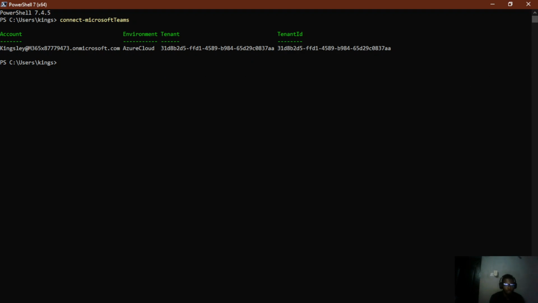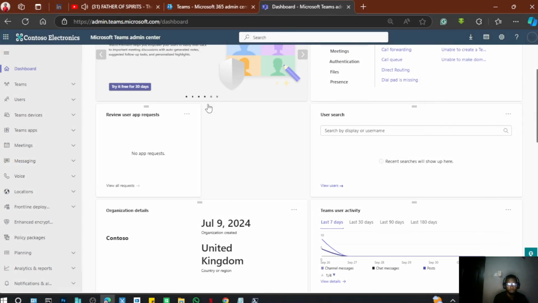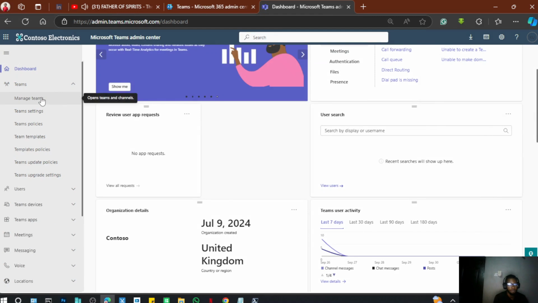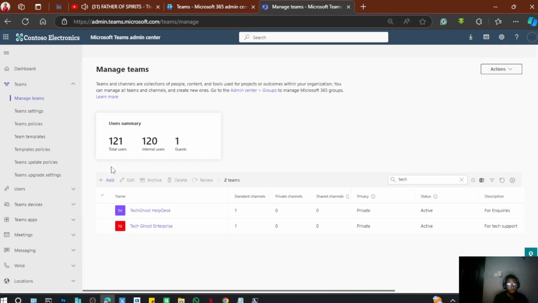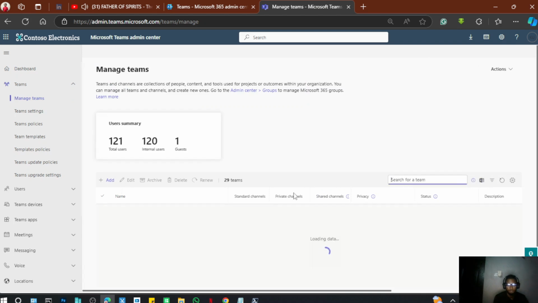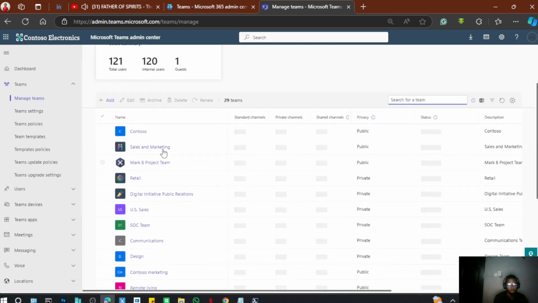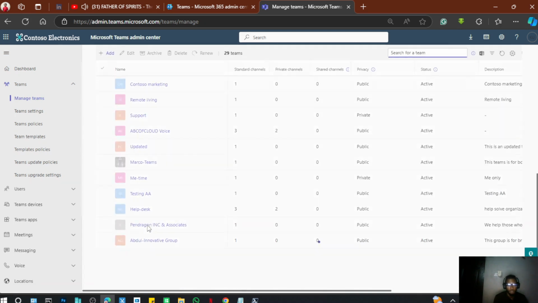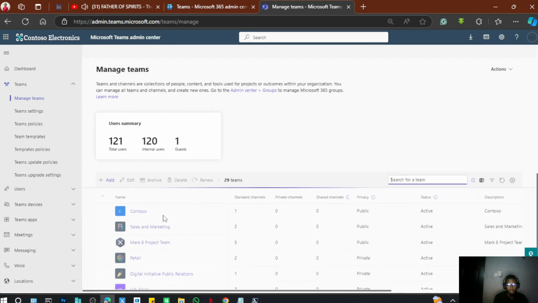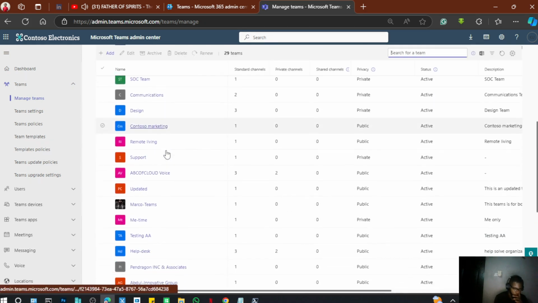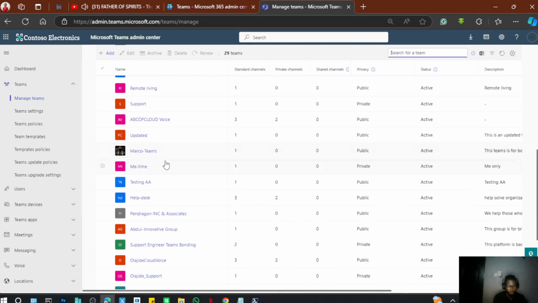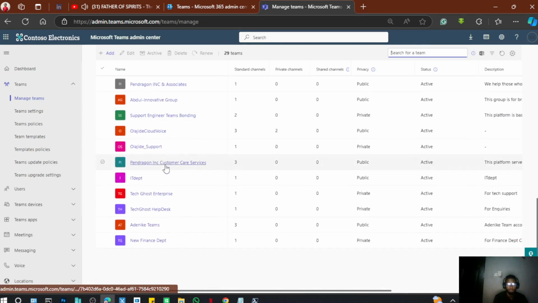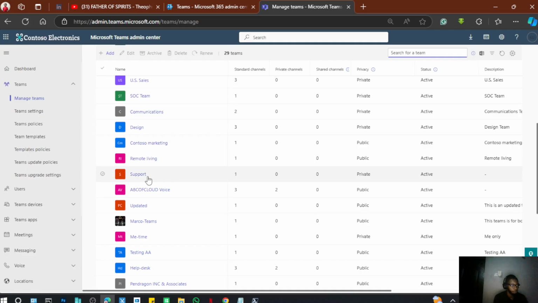So if I come back to my GUI here and I come to Teams, Manage teams. So yeah, I get all the teams group. I can see the list of all the teams group now, but I want to access all this through my PowerShell. So I'll just come to my PowerShell now